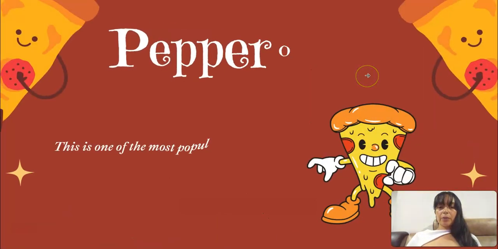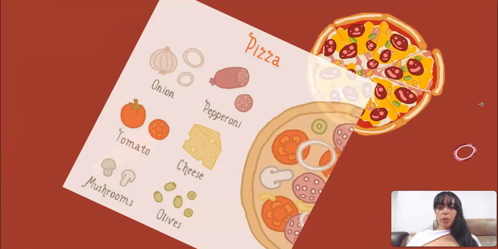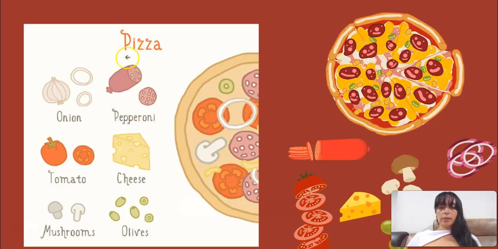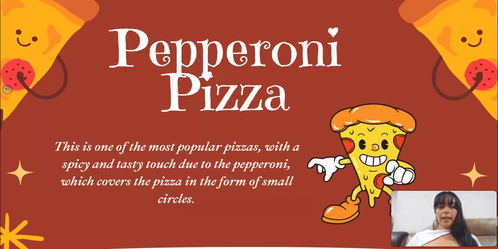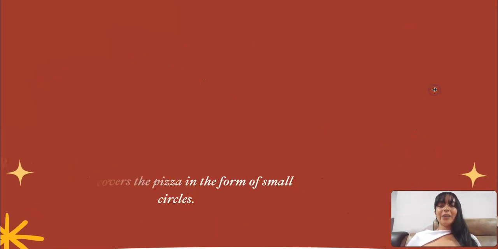Now, another famous pizza is the pepperoni pizza. This is one of the most popular pizzas with a spicy and tasty touch due to the pepperoni, which covers the pizza in the form of small circles. Look at the picture. Delicious. Onion, pepperoni, tomato, cheese, mushrooms, olives. Wow, it's a beautiful and delicious pizza. You can design a Margherita pizza, a pepperoni pizza, and another famous one is